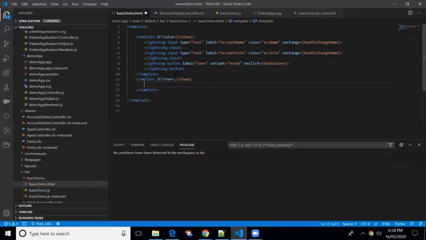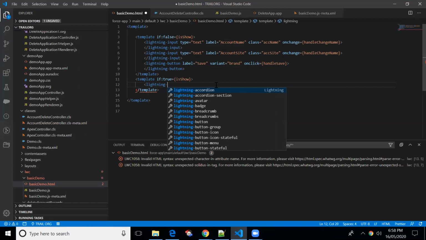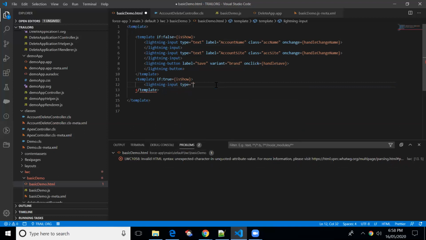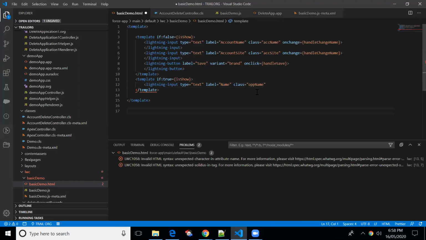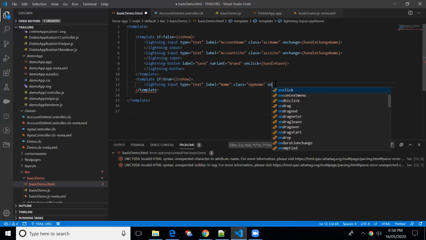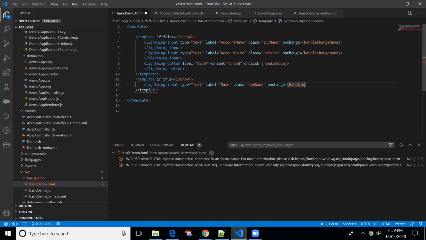Here I'll be creating only one input field, right? Input type equal to text, label equal to name. We'll be getting the value with the help of the class, OPP name. Let me write a method on changing of this, handle opportunity name.